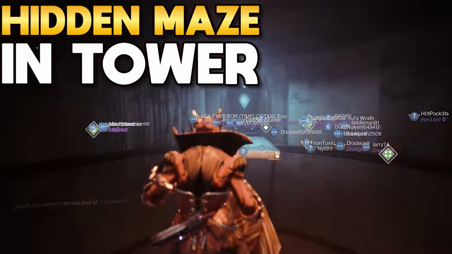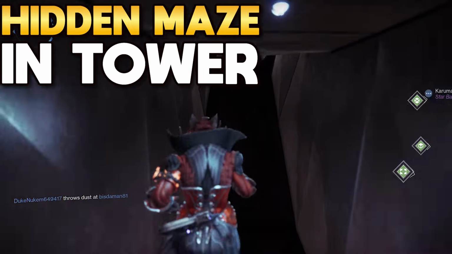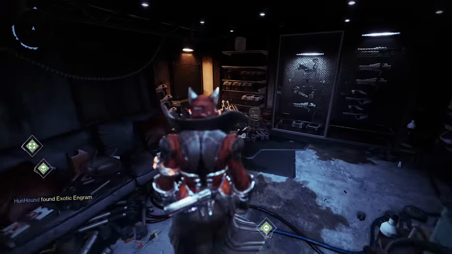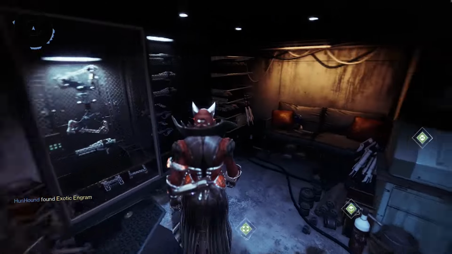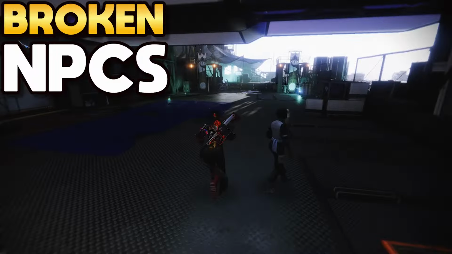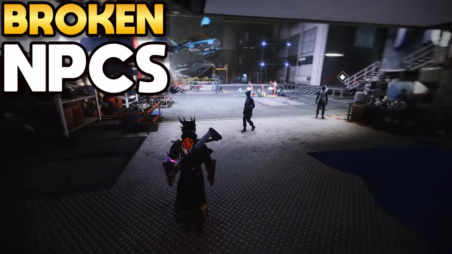There's a hidden maze within the annex that leads players into the tower's security and the armory. This was an unused asset for years, but during Season of the Seraph, players had to take this route to locate Archie. Sometimes you'll notice that NPCs behave erratically, but if you head over to the annex, where the Sparrow repair